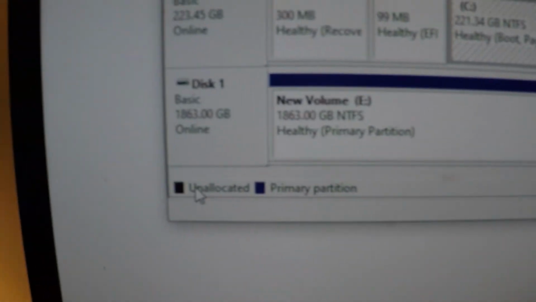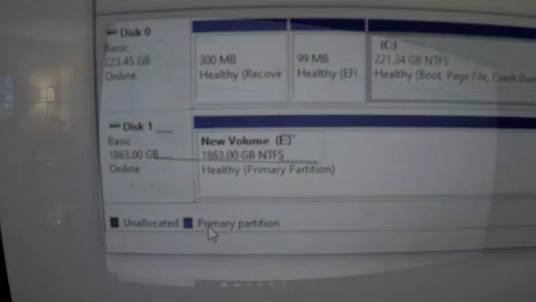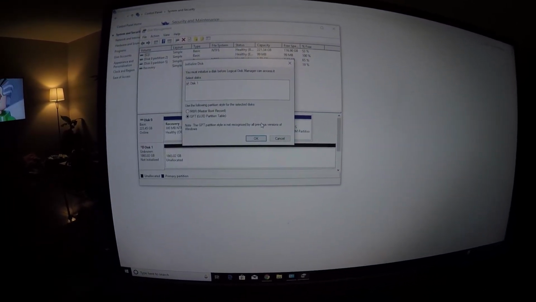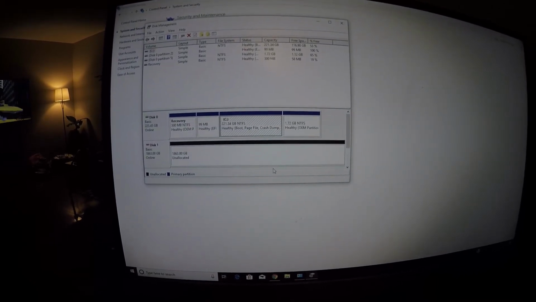So I will show you what it looks like before you do the hard drive formatting. So here it is before formatting. So if you opened up the disk management area, just click OK, and then you can see my disk 1 has got a black line. So I'm going to click on that, click New Simple Volume, hit Next